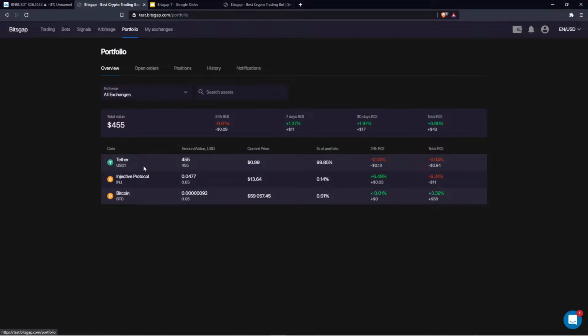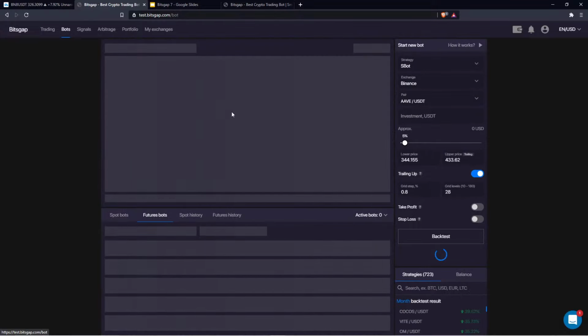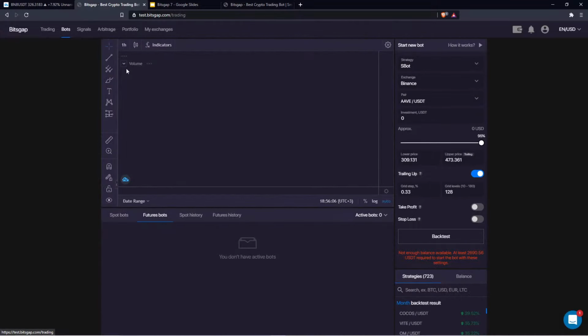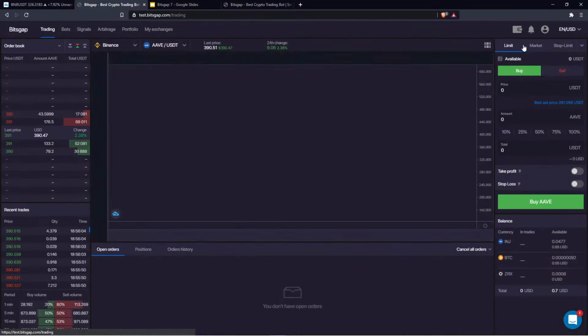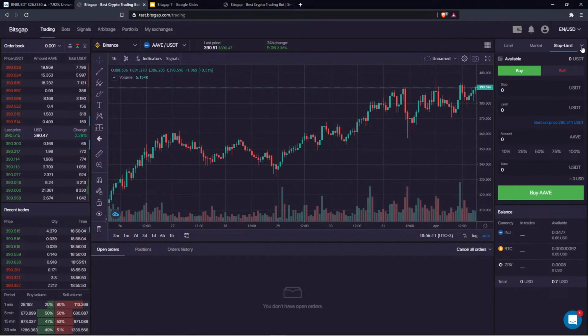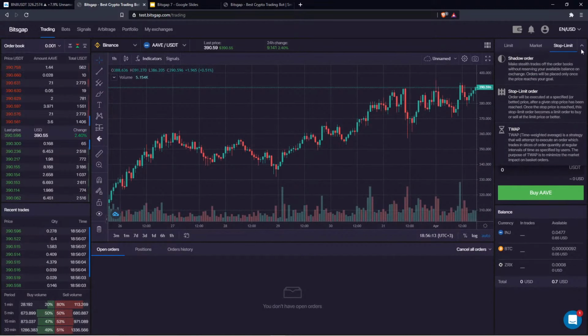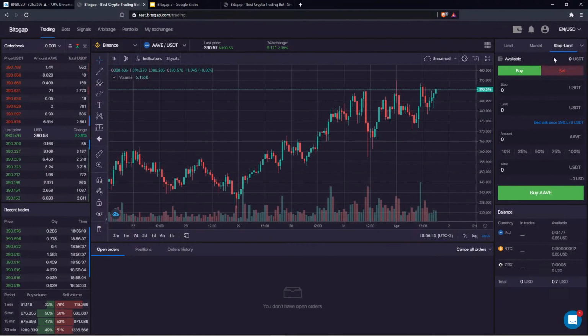So you see the coin, you see the price, and you see how it has appreciated or depreciated since the time you purchased it. Okay, so once again, portfolio is for Hodl, bots is for automated trading, and trading is for smart trading in this case, where you have this limit buy, stop limit, and some other interesting tools which you can use